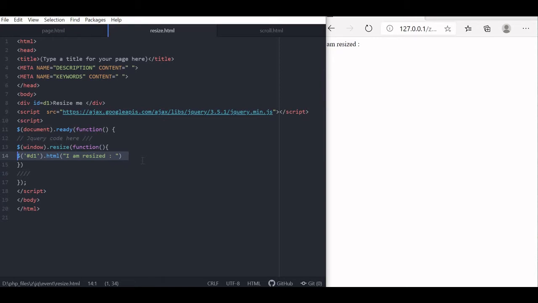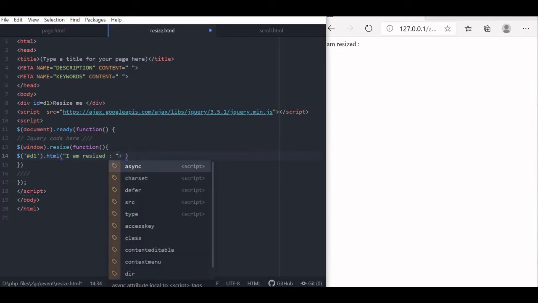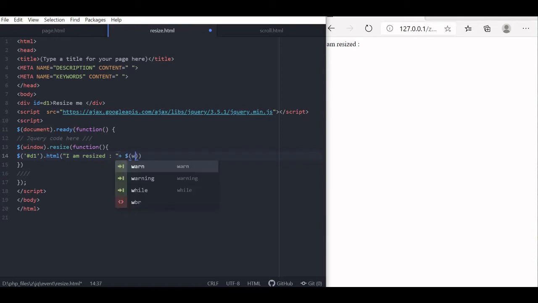Now, okay fine, this is giving a message, but resizing is dynamic. Let us add some dynamic code which will keep on telling us that this resize event is happening again and again. So for that we'll add a little bit of code here which takes a fresh value of the width of the window and displays it here, window width. Now every time this event happens, this reads the width, pastes it and displays it here, without the div tag. So we have two strings, we are adding them here.